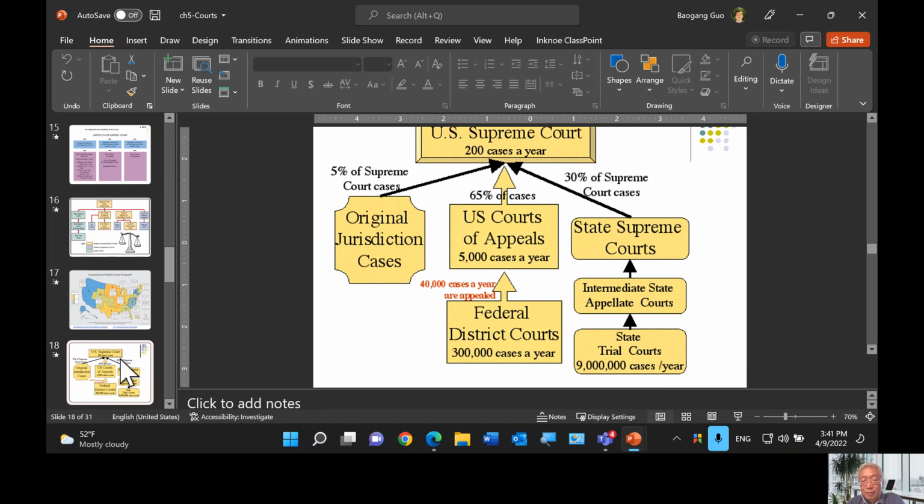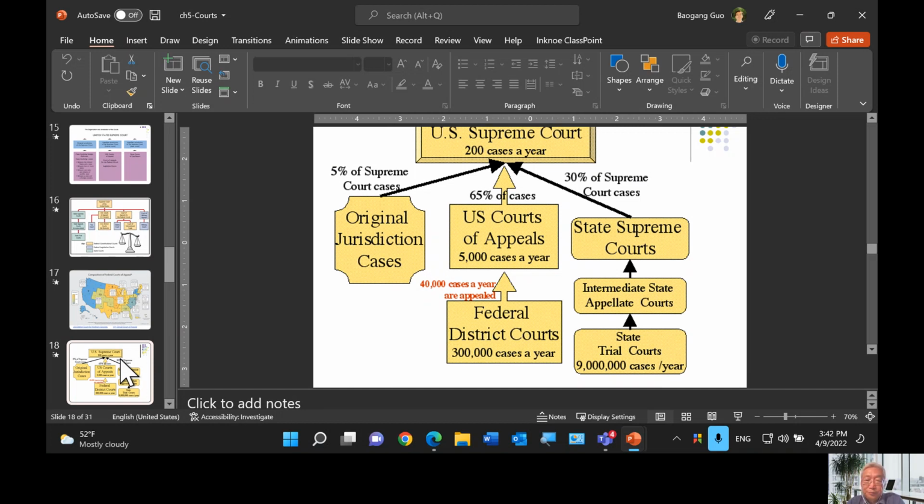Most of those cases will travel within the state boundary lines, going through the trial process, appellate court review, and state Supreme Court review. But some of the cases do end up in the Supreme Court. The federal Supreme Court is the last stop for all cases. Even though your state Supreme Court might decide, hey, you're going to be executed, you can still appeal your case to the federal Supreme Court.